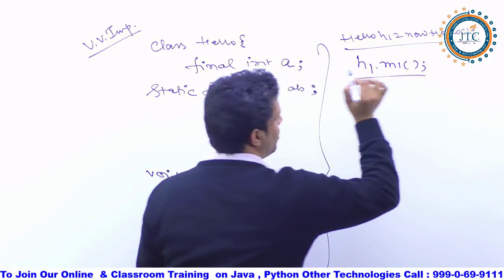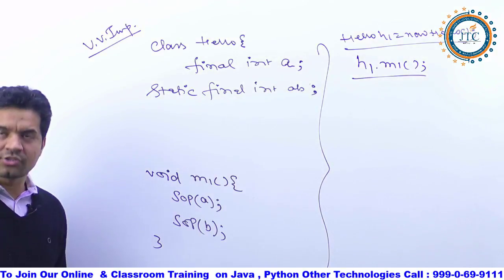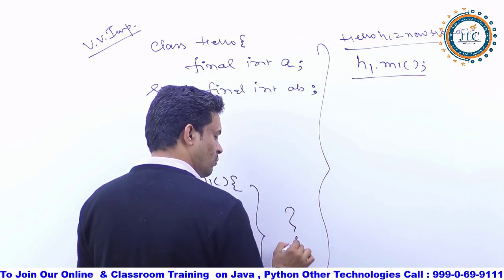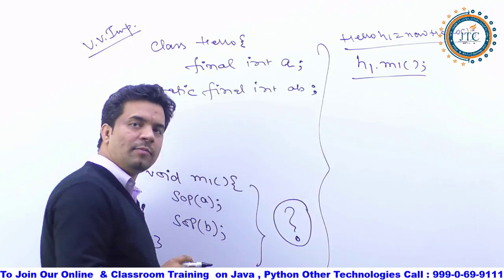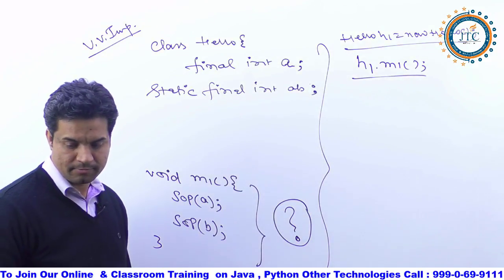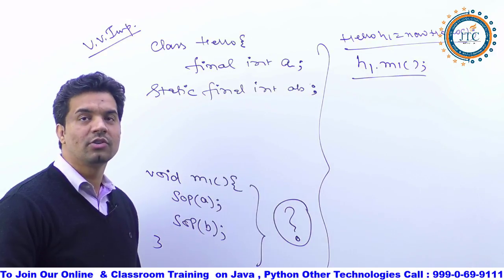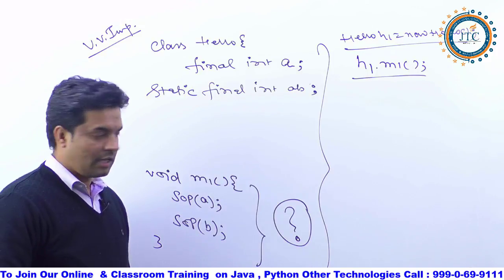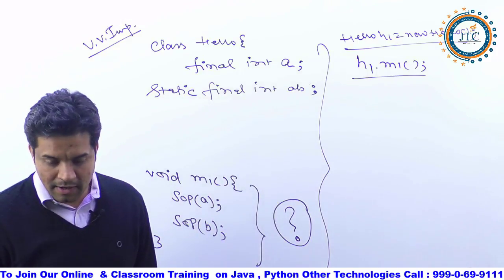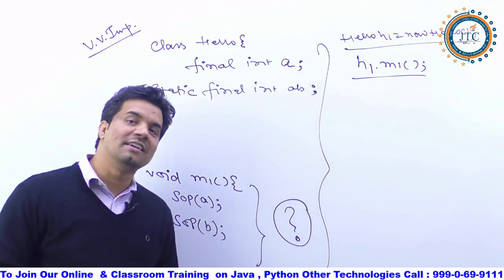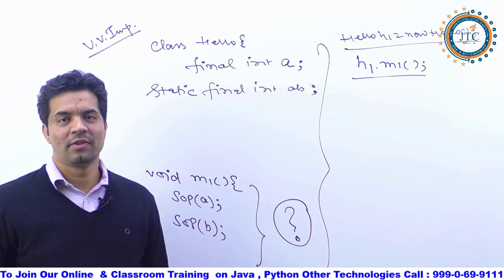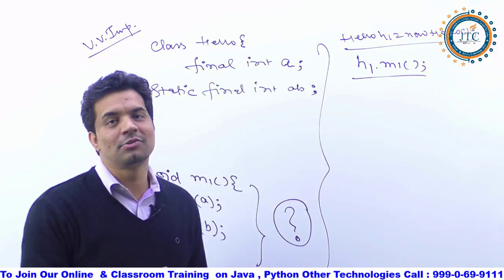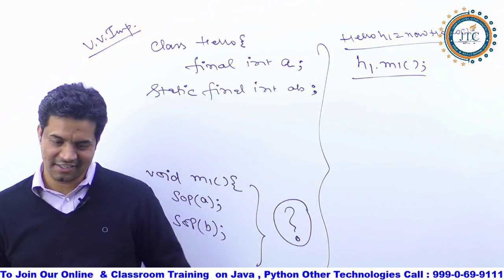Fine. Now my question to you all is what it is going to print. Can you please tell me what output it is going to give? If I am asking this question, at the same time you should not try it on your system. That practice task you do later on, but immediately you should not do any cheating, correct?